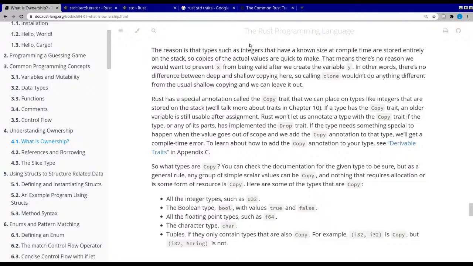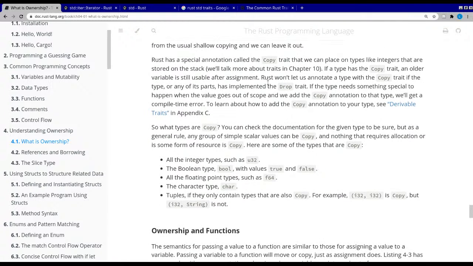Rust has a special annotation called the Copy trait that we can place on types like integers that are stored on the stack. We'll talk more about traits in chapter 10. If a type has the Copy trait, an older variable is still usable after assignment. Rust won't let us annotate a type with the Copy trait if the type, or any of its parts, has implemented the Drop trait. If the type needs something special to happen when the value goes out of scope,